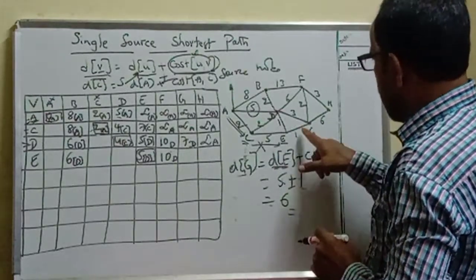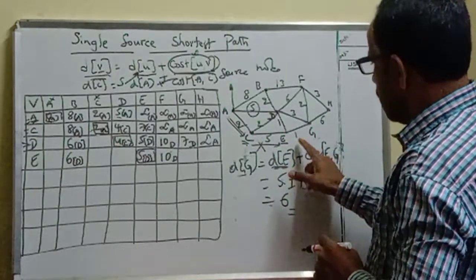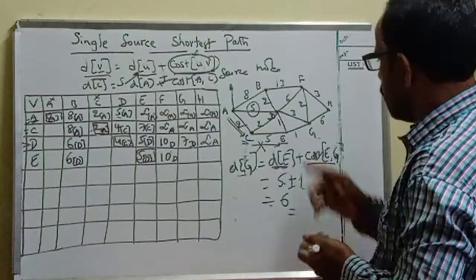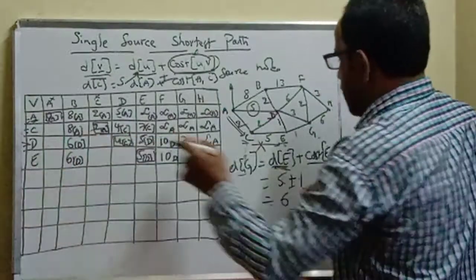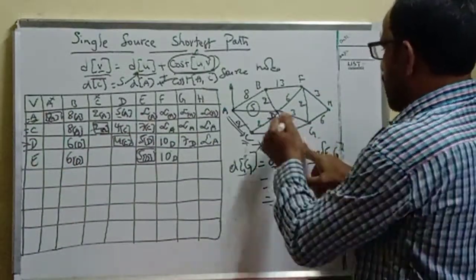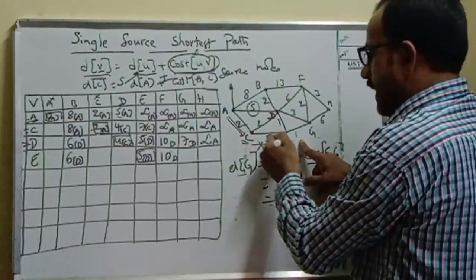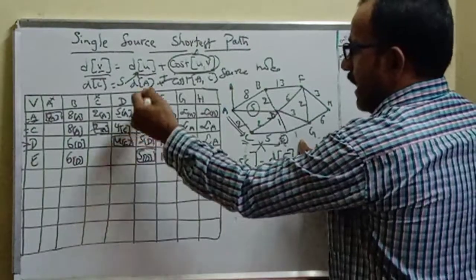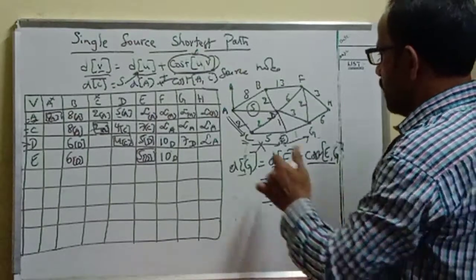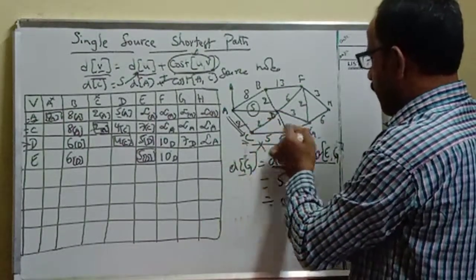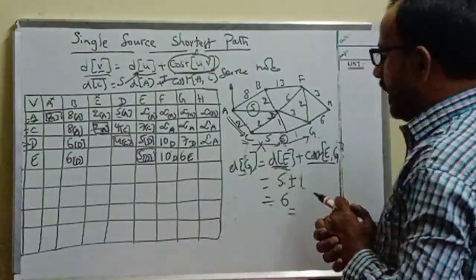But here via E you travel, then the cost is 1 unit increased. So via E here we are considering E as the intermediate node. Because the direct edge cost is 3 units, but if you select D to E, because at D we selected E as the intermediate node, but from E if we travel, then we get only 6 units, because 2 to 4, 4 to 1, 5, 5 to 1, 6 units. Then compared to 7, 6 is lesser. But you travel via E only, we got that.